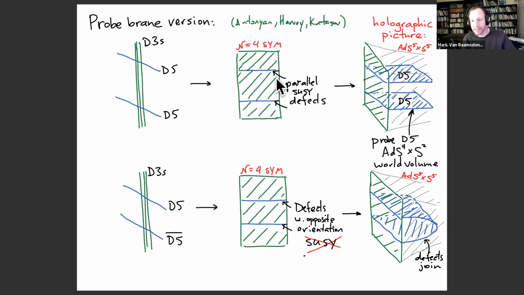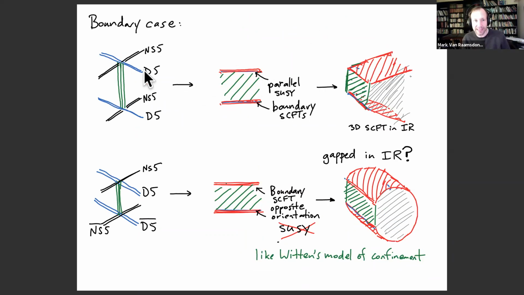And so what I would argue is that the physics is still very similar, even when we get to the final case where you have many 5 branes at the ends, and all of the D3 branes end there. In the supersymmetric situation, you still have the branes going out into the bulk and not joining up. And in the supersymmetry breaking situation, you have the branes. Now these are geometrized versions of D5s and NS5s, and so this geometrical end of the world brane joins up in the infrared, or at least that's the prediction.